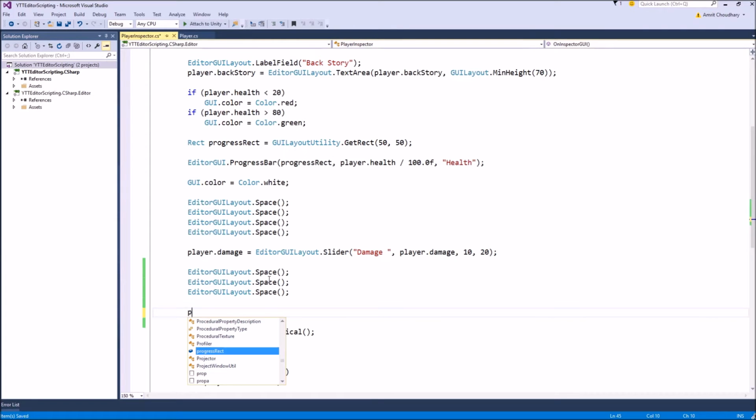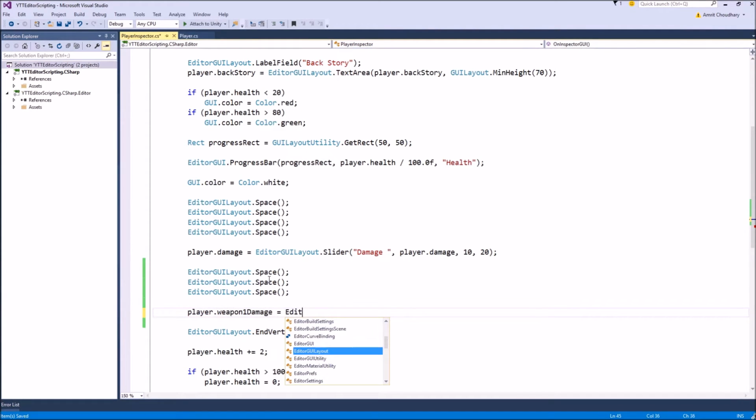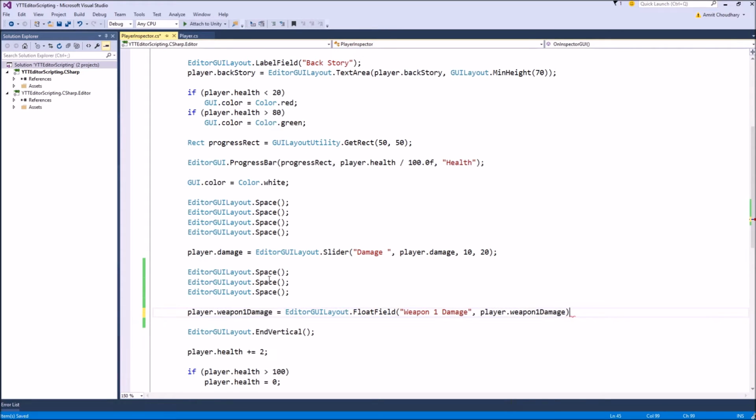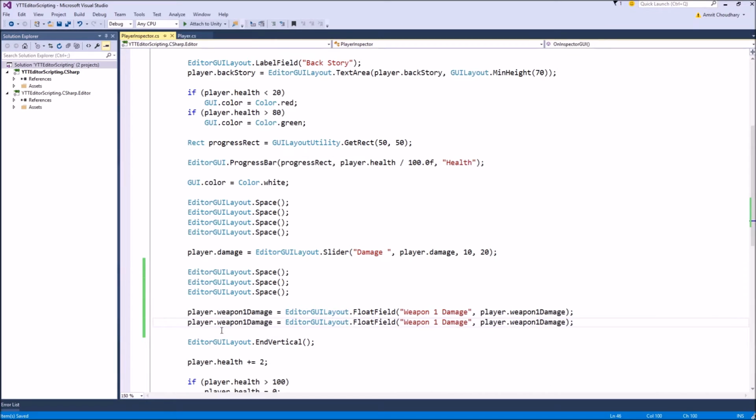Let's make just two float fields for our weapon damage, with EditorGUILayout.FloatField. Here is the string as our label, weapon 1 damage, and here is the variable name. Pretty simple stuff to make a weapon damage field. Just do the same thing for weapon 2 damage.